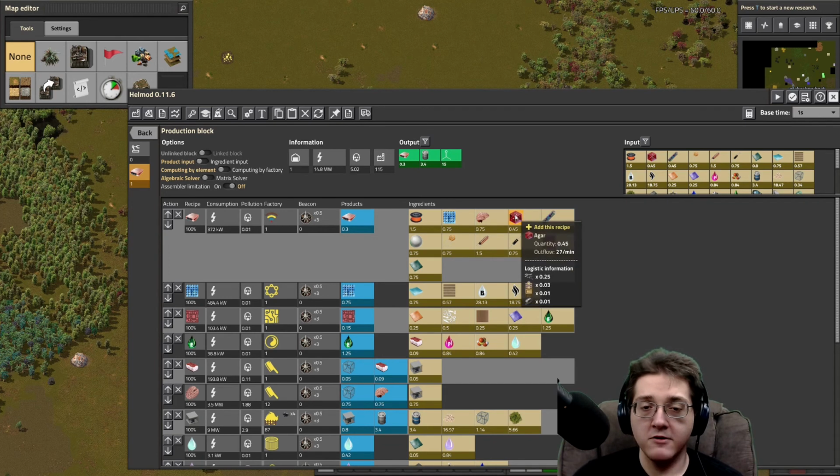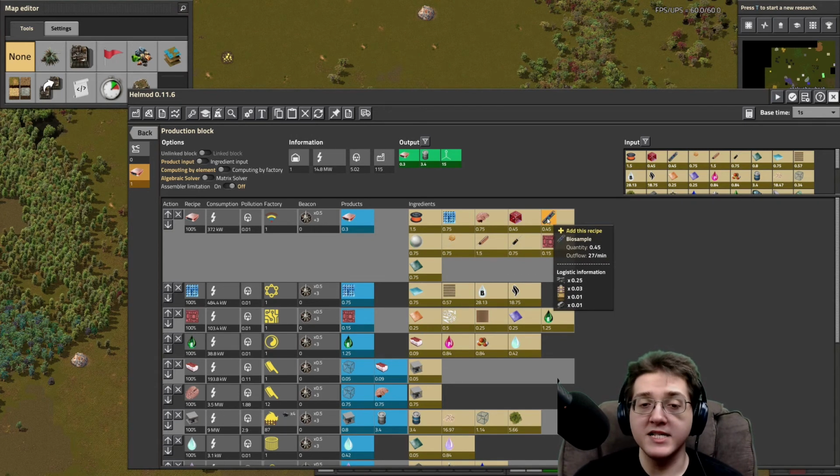One is agar. Agar, you've made since the beginning of the game. You don't have to worry about that. Biosamples, pretty expensive to get this many biosamples at this phase of the game. Again, reiterating a point that I made in my video where I cover biosamples, where I talked a lot more about them. Biosamples get better with modules, especially being able to put speed in these. Speed and efficiency make biosamples better. It makes them cost less because they use fuel